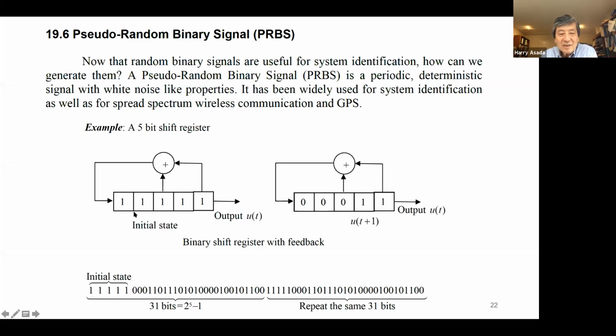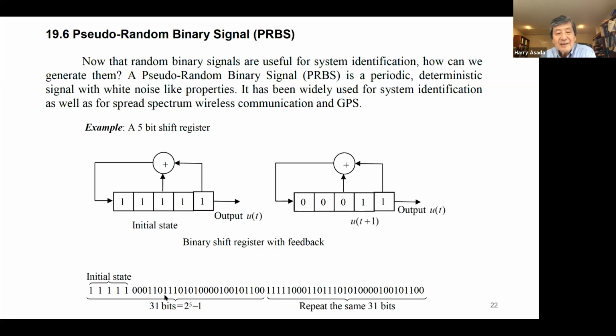And the shift register, right? The 0, 1, 0, 1: an input comes in, and that one is stored here, and then the previous one is shifted here, the previous one is shifted here, shifted here, shifted here. Now, if you create some kind of feedback, if this one is 1, 1, and then 0 is to be an output, that kind of logic is created, you can create some 0, 1, 0, 1,